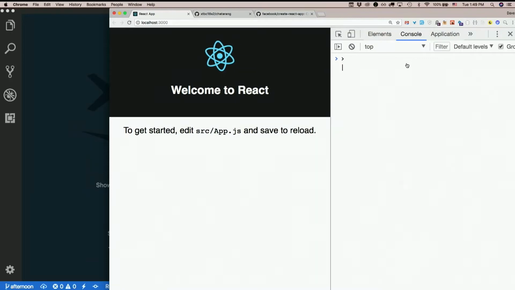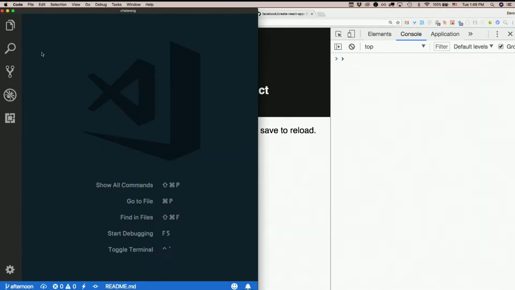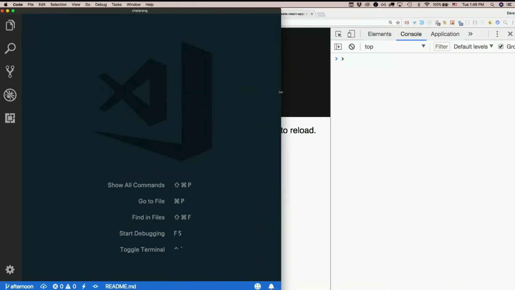So as before, we start out with this thing, which is not our stuff, right? So as it says, edit app.js and save to reload. So we can do that. There's already an app component, right? We already have our building blocks that we need for a